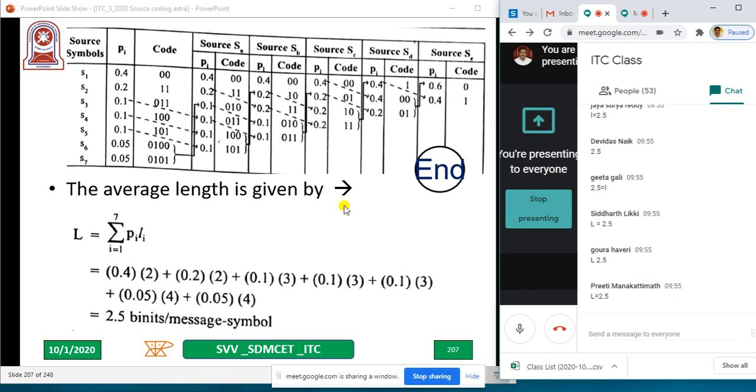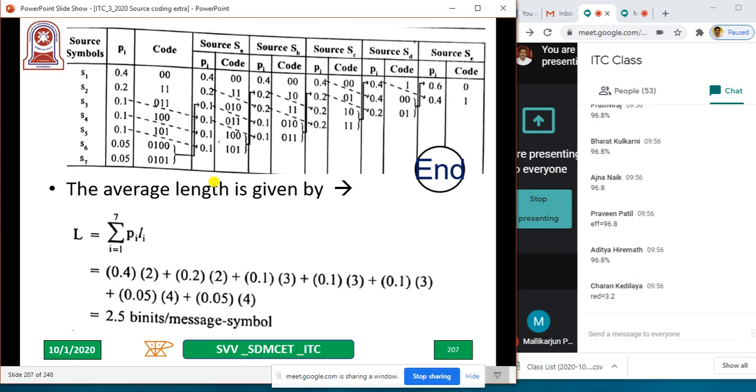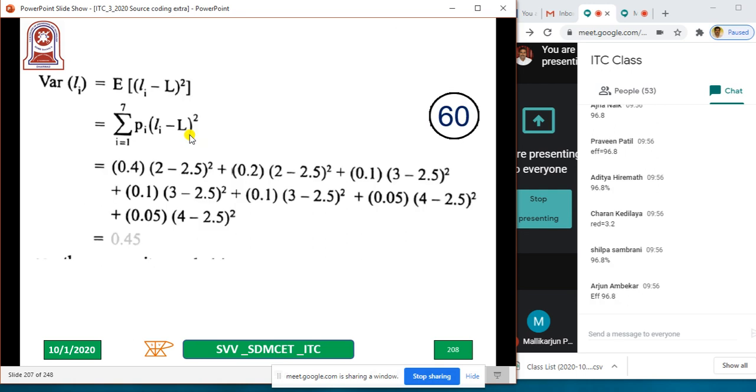So let me go to the H of S now. Most of the students have already found the efficiency. And variance also I want you to find out before you go to the efficiency. Most of them have completed efficiency. Now you can at least find out the variance. Very good. Parshvanath, Vinay, Shivani, Shilpa, Simran, Prajakta, Parameshwar, Hegde. They completed efficiency, redundancy, everything. Now let them calculate the variance for this.